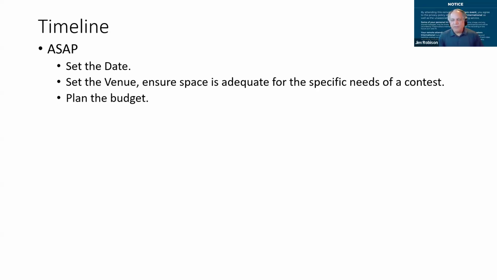Plan the budget. There may be expenses that you will have. For example, if you're conducting a division contest, the district will provide trophies. If you are planning a club contest, you need to decide as a club whether you are going to have any trophies or ribbons or awards of any kind of prize for the winners. That's up to the club to decide. So you want to set the budget for that. Also, if you want to have any budget for refreshments or if the space will have any cost to it, be sure to get that figured out ahead of time.